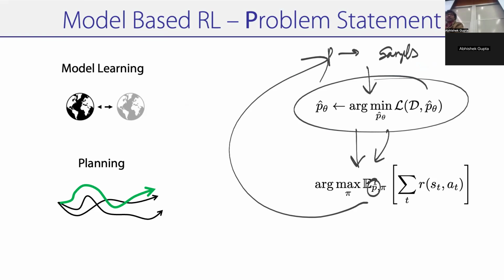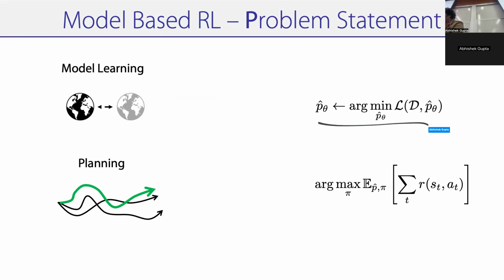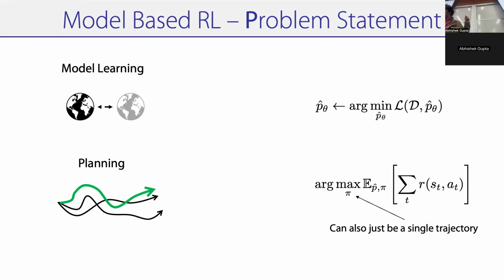So compared to model-free RL, in model-free RL, what we did is we said, okay, we're going to go from P to a bunch of samples. We're going to upweight and downweight those samples, directly update the policy. There's no model in between. And in model-based RL, what we're going to do is we'll say, let's try and approximate a model in between and make decisions in that model. Okay, so